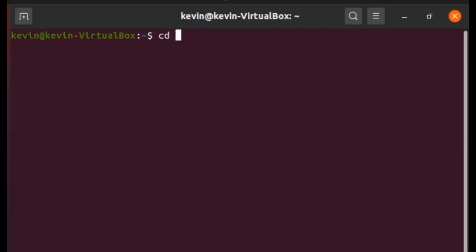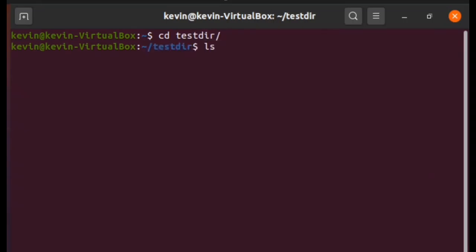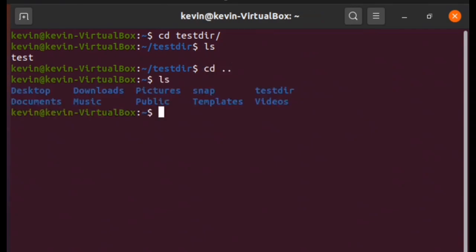We're going to go ahead and change directory, cd, to testdir just so we can see that that file got moved there. Do an ls to list the files in this directory, and you'll see that test was moved there. Now if we go back one, cd .., you'll notice that test is no longer in the previous directory, so it did actually move the file. This is also a handy way to rename the file. Okay, so if I do cd testdir again,